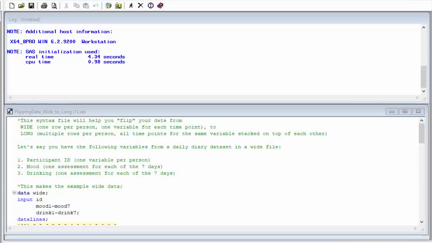In this video, I'll be demoing how to flip a wide file, which is essentially a data file that has one row per person and one variable for each time point. So the different time points are listed as columns in your data set with one row for each person, into a long file that has multiple rows per person with all time points for the same variable stacked on top